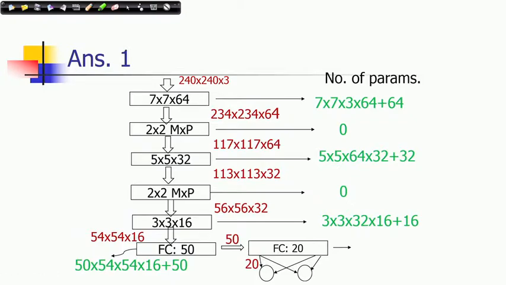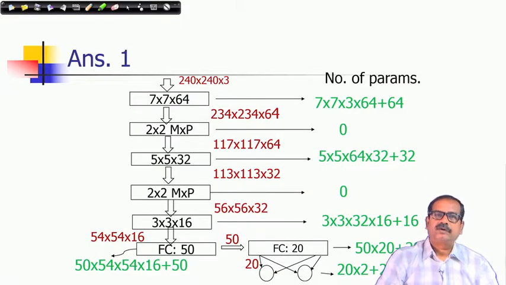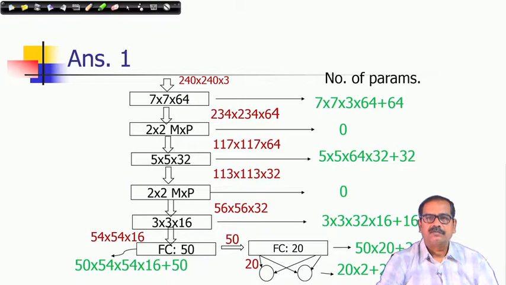So, it is 50 cross 20 plus 20, and again you require more weights because this is the output layer. Output here its size is 20. So, each neuron will have 20 weights and 1 bias. So, it should be 20 cross 2 plus 2. So, this is the total number of parameters involved in the architecture that I have specified in the problem statement. Understand that this is how parameters and sizes could be determined given the specifications of a particular